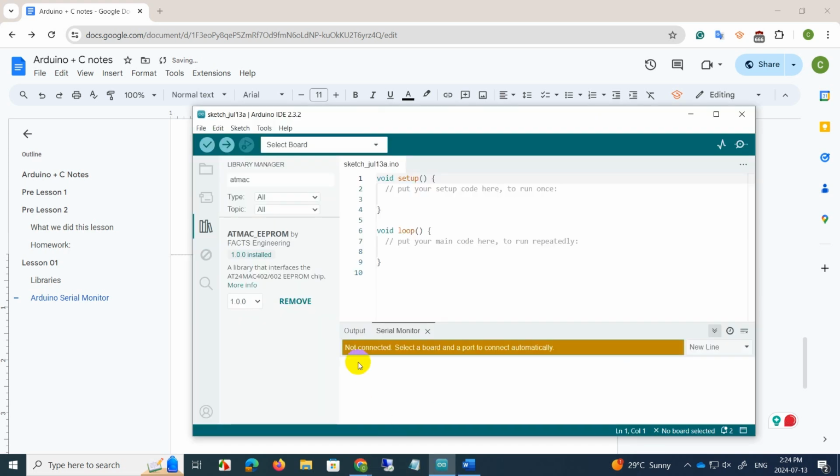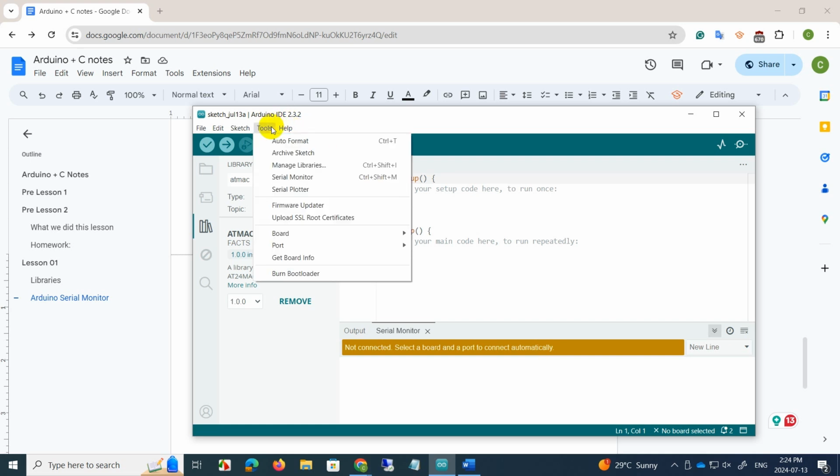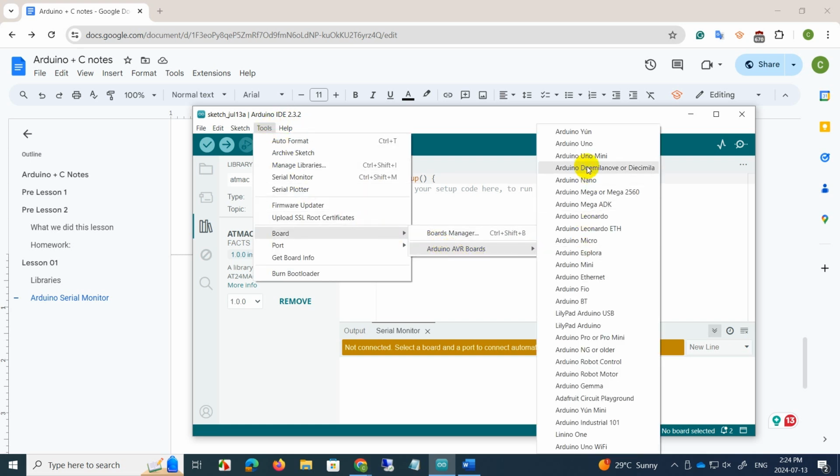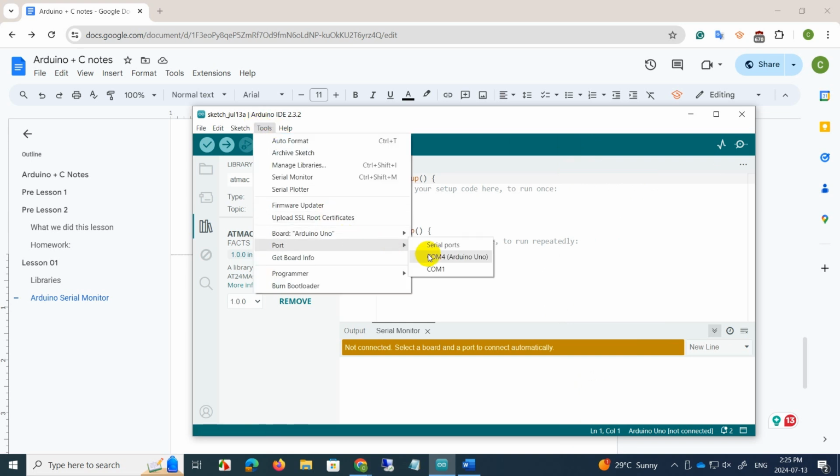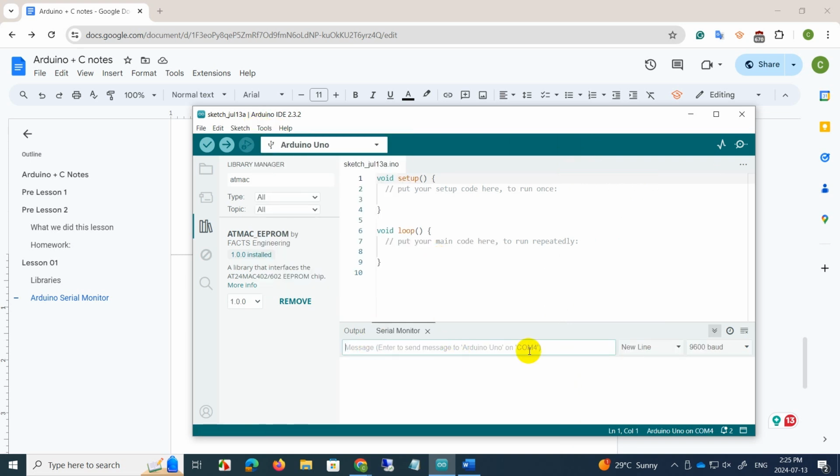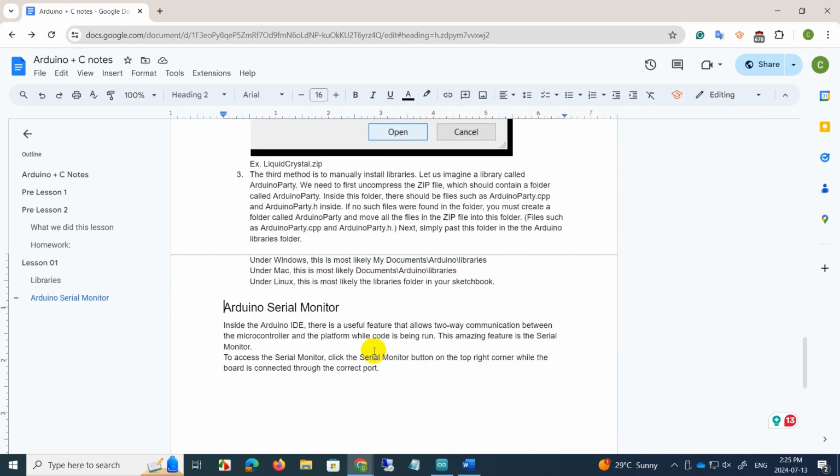So right now it says not connected. We need to select a port and a board to connect automatically. So let's connect our Uno board onto here and demonstrate the serial monitor with some code. Plug the board in, go to Tools, select the correct board and the correct port. Now the pop-up has disappeared, and then